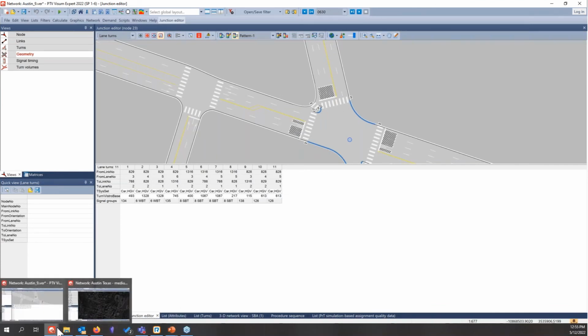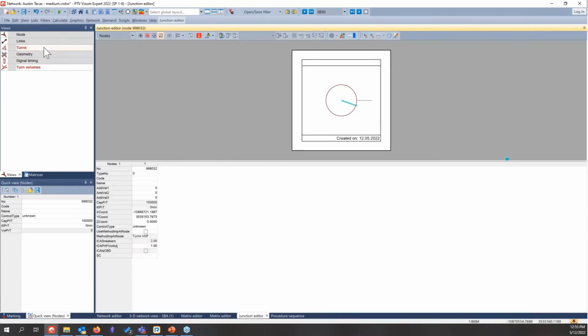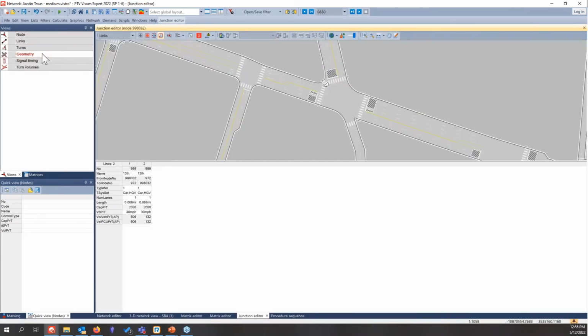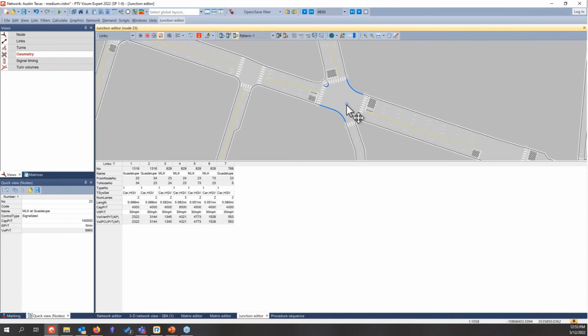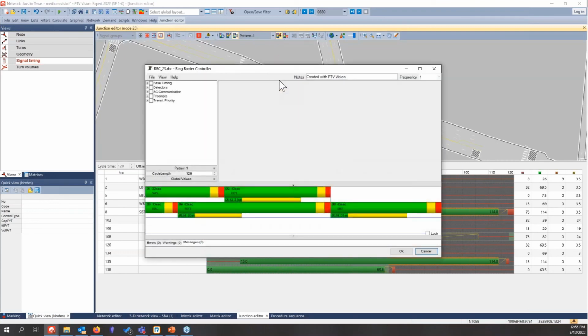Yes, it should. So if we go back to this original network and pick out one of these intersections and look at the signal timings, you should have the various patterns available here. And then you can always jump in here and edit any of those signal timings as